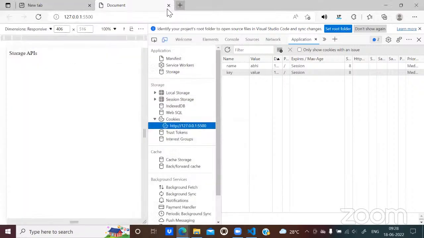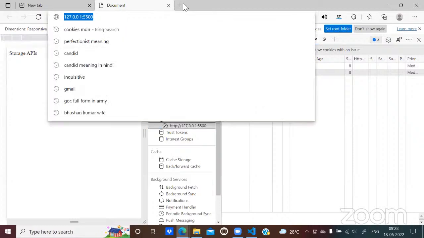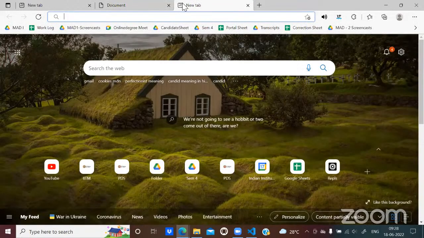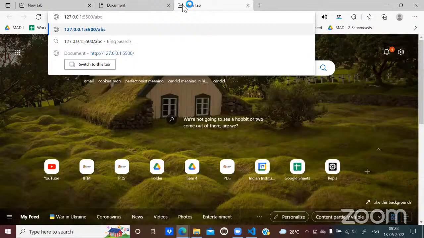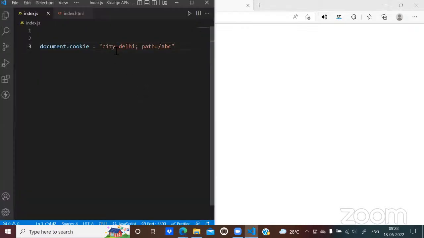As someone suggested, if we try to go to that path, we can probably get to see the cookie that we have recently added. So let us try going to that path. What I will do instead is open it in a different tab. So what is the path? Path is /abc. Okay, one more question I want to ask is, if you are expecting this cookie to be there, that is city equals Delhi,